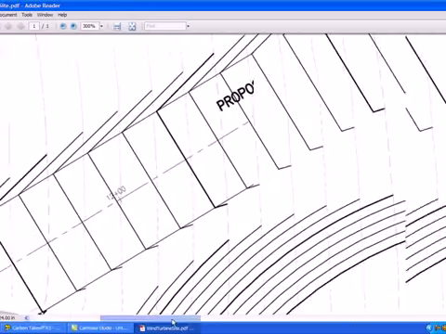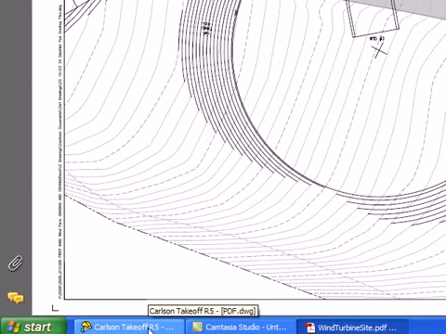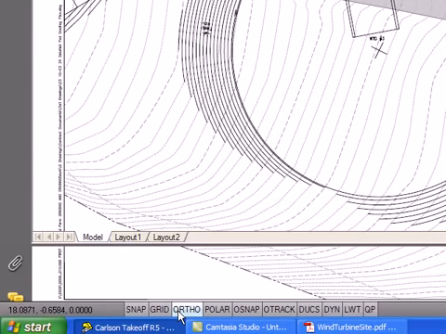This PDF, meaning it's vectorized, is a PDF that's been created directly out of a software, as opposed to a paper plan that's been scanned into a PDF file. That's a raster PDF. Right here, I'm going to go over to Carlson Takeoff,